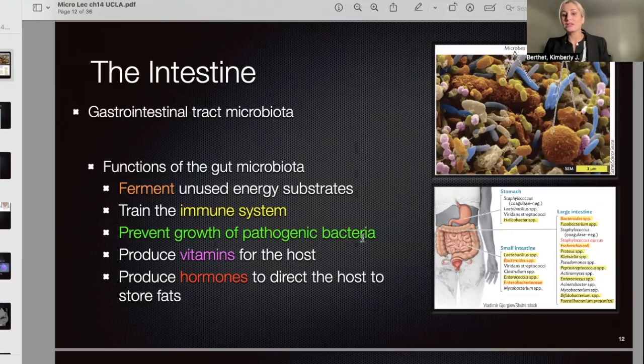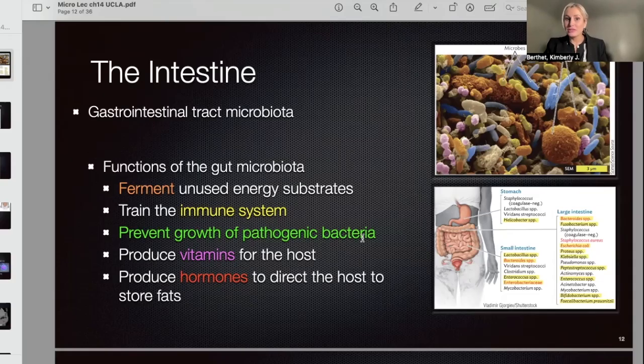Okay. We have preventing growth of pathogenic bacteria. This is important because our intestines are already colonized with microorganisms. So when other pathogenic microorganisms make their way down through the digestive tract, they can't really take root because there's no area for them to survive. All of the territory is essentially taken by your existing microbiota. They would be fighting for an area to live, they would be fighting for food, and you have an existing colonization of microorganisms.